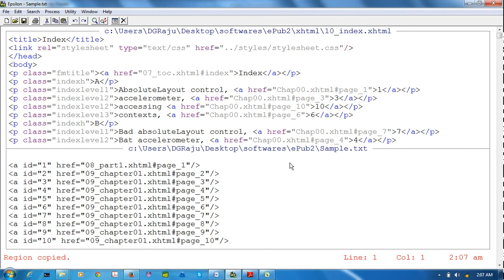After that, don't forget you have to use control up arrow for going above. Why? Because suppose here I am searching 10, and the cursor is here, next I am searching 7. It will not find 7. That's why the cursor should be in the first file. For that you have to use control up arrow.